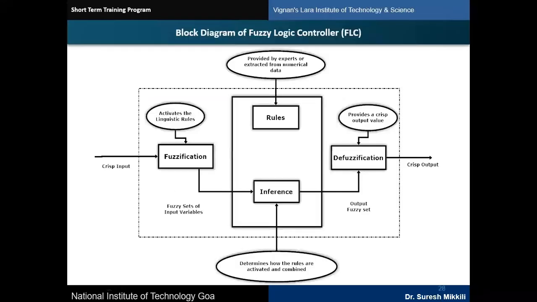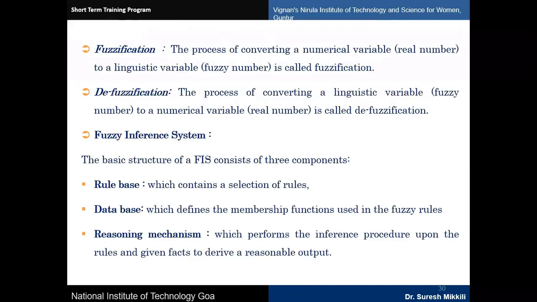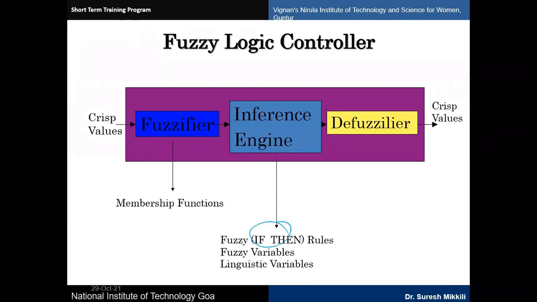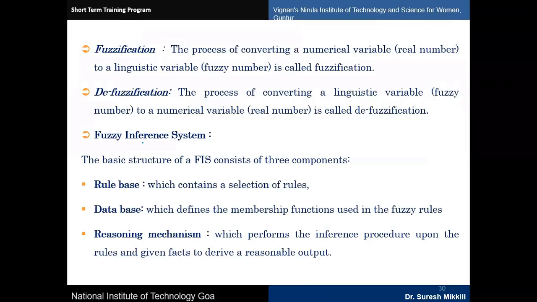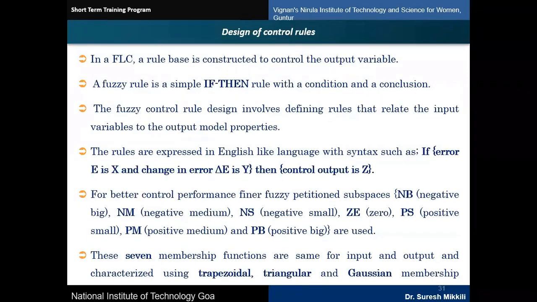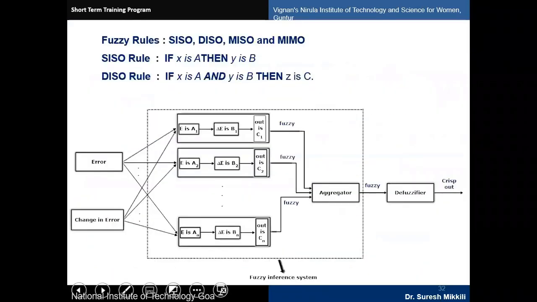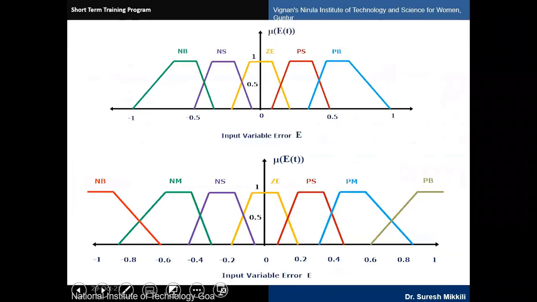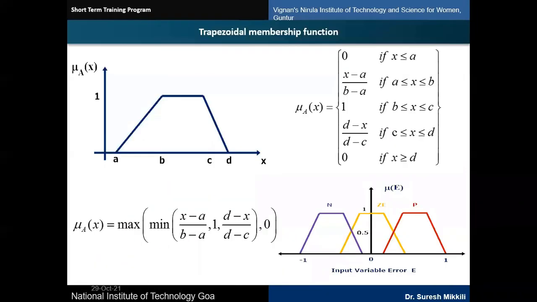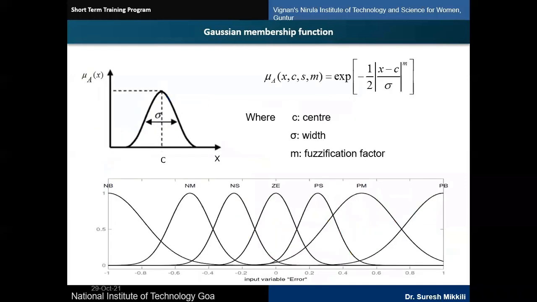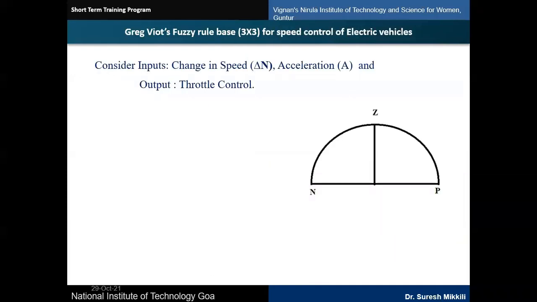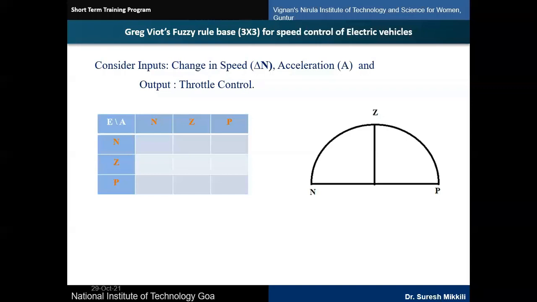Now whenever the data is given, fuzzification has to be done, then defuzzification, the rule base, and the inference system will be there. Based on that, if-then rules will be used here. So how do we decide the if-then rules? I have shown you there are different types of membership functions: triangular, trapezoidal, Gaussian. I will explain tomorrow, don't worry. Now we have considered 7 by 7, 49 rules.